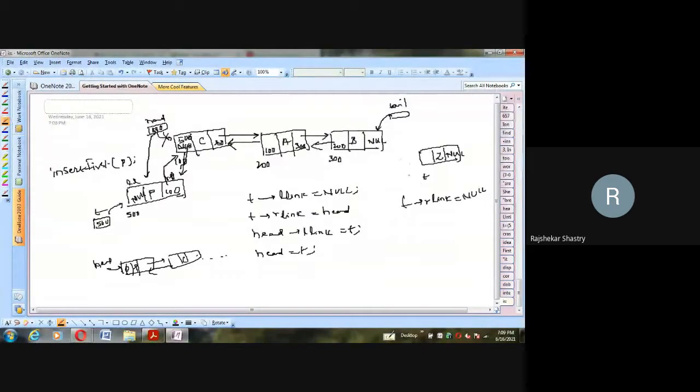Then, in the tail arrow right pointer, the right link which is right now holding null should hold T. So this null will be removed, and it points to this particular node. And then T arrow left link, which is right now garbage or maybe null, should hold the address of tail. So this tail node 300 will come here, so it points to the left node. Everything is clear. Now the last step is that this should become tail. So tail is equal to T.